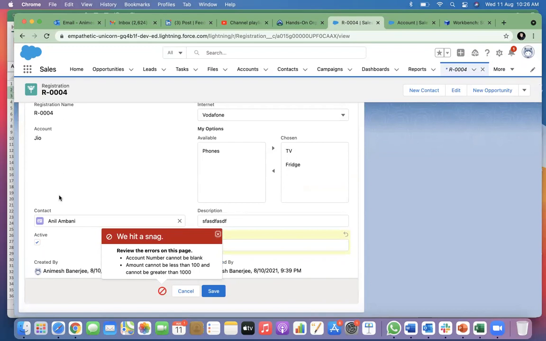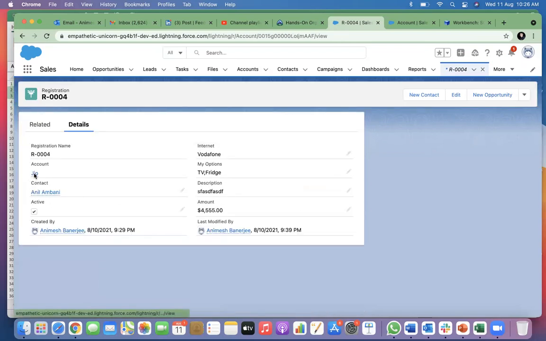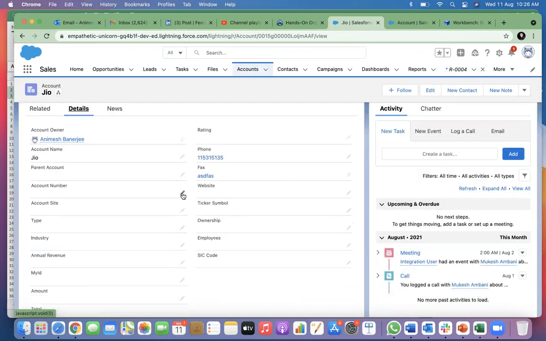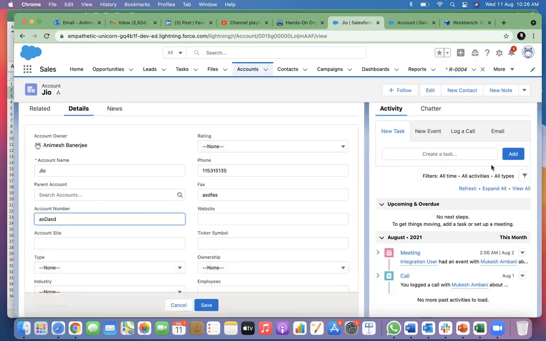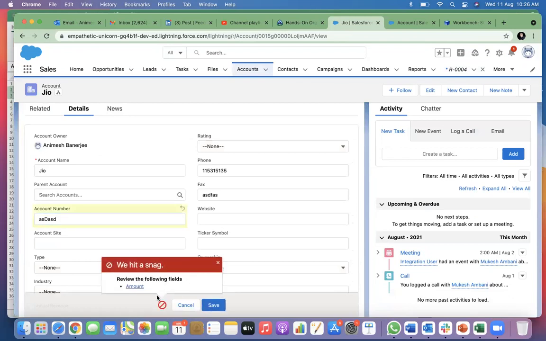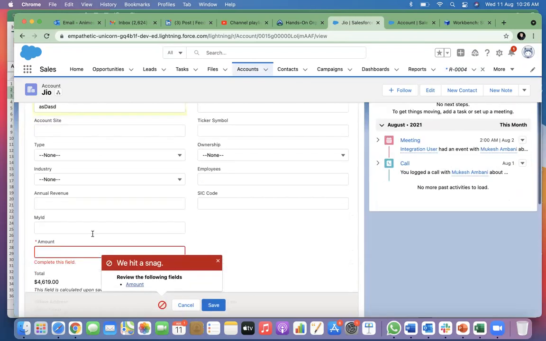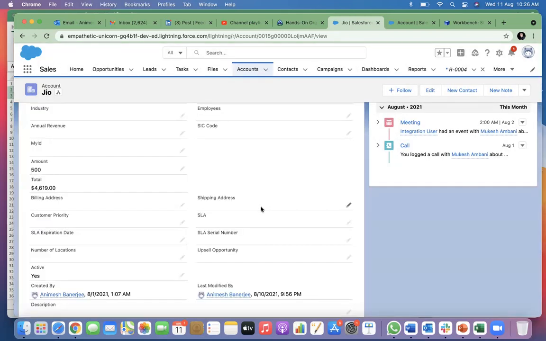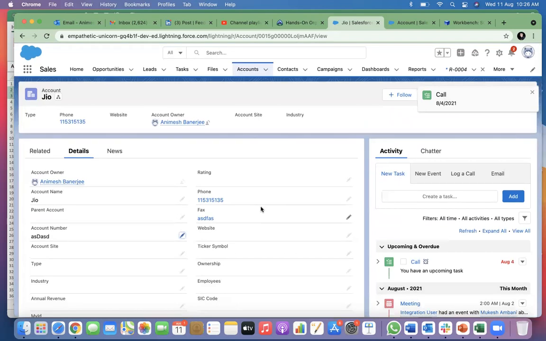Count number cannot be blank. It's getting saved. Okay, sorry. I have put some validations here. Anyway. Ignore these two. These are based on some test in my last session.